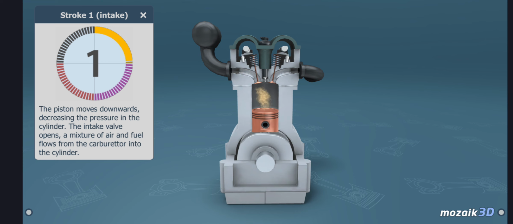The first stroke is intake. The piston moves downwards, decreasing the pressure in the cylinder. The intake valve opens and a mixture of air and fuel flows